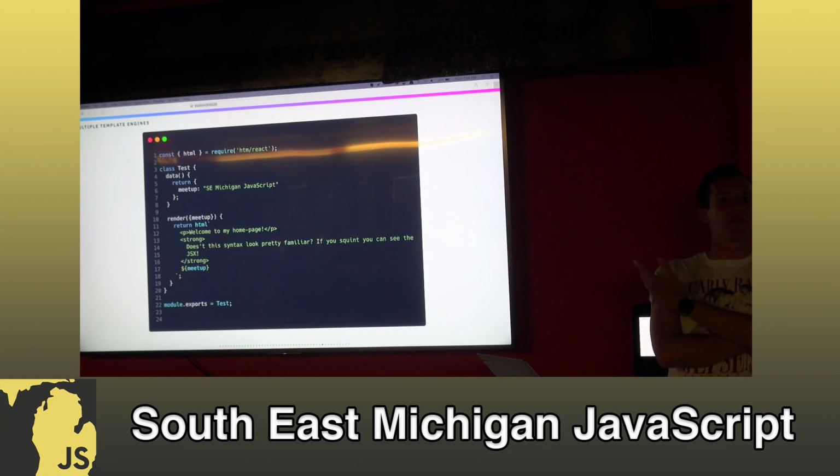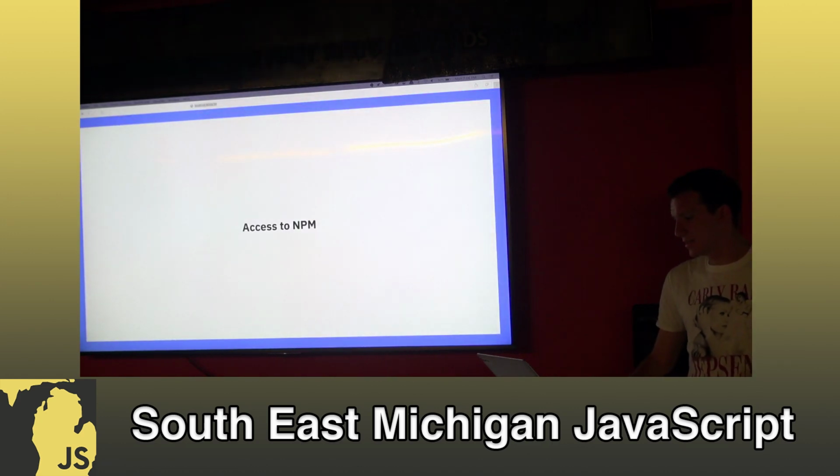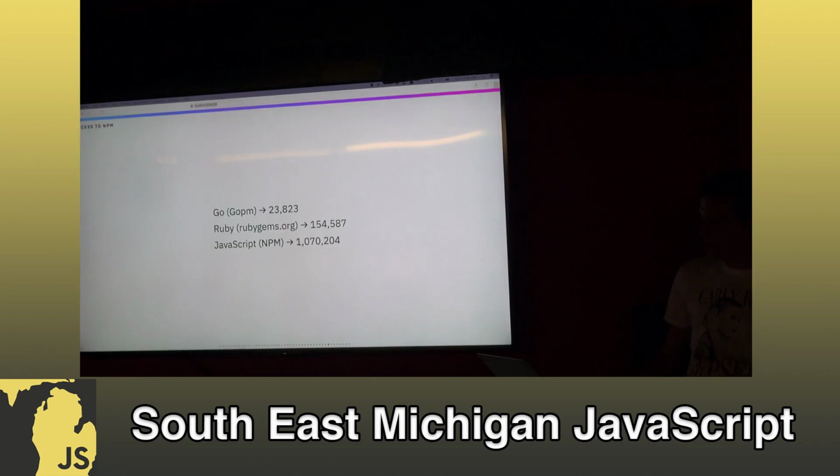You can import different functions, different components that you've constructed, and put them in your templates like you would use JavaScript, React, and JSX, but without the overhead of the client side rehydration, which is nice. You get access to, as I mentioned, NPM, and these are just some